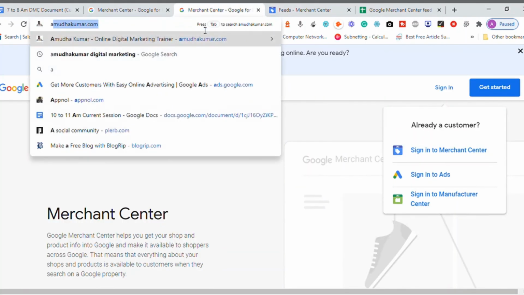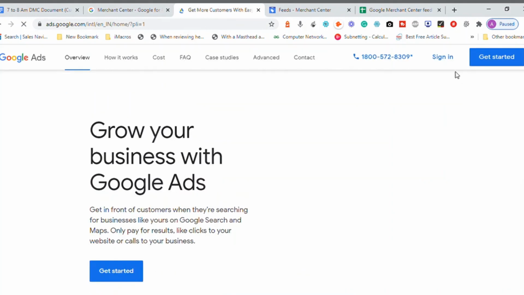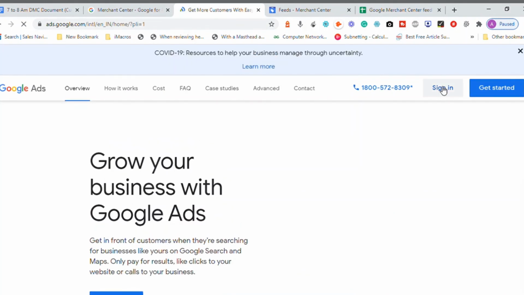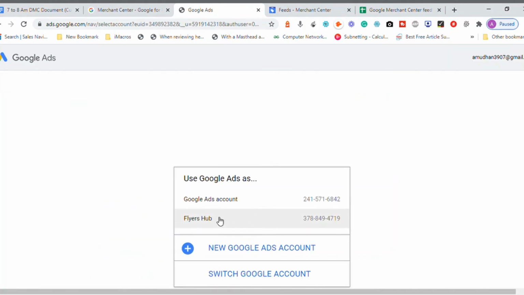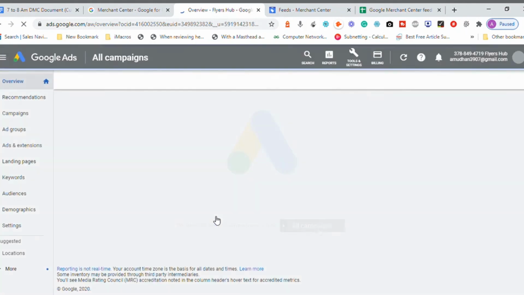Google Merchant Center, once linked to your Google advertisement, you can go to your Google Ads account. Open ads.google.com. That will take you to this option where, if you try to create a shopping campaign, automatically, I think it's not linked, but I'll try to show you. Once you go into a shopping campaign, it will take you to the place where the Google Merchant Center account is linked to your Google advertisement.